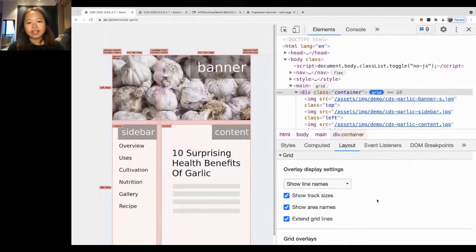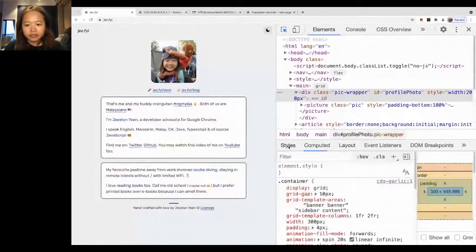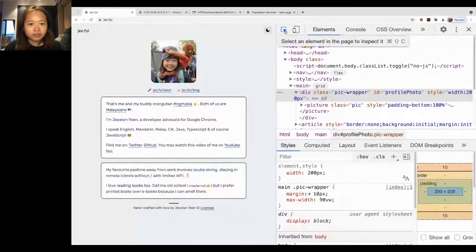The next one is the font editing tool. Are there times when you want to edit your font slightly easier? You want to see what the font sizes are, and have something you can drag for a bigger font or smaller font. So we have this editor now for you to edit it. So let's say in this page, go to the style. Okay, so in this page here,